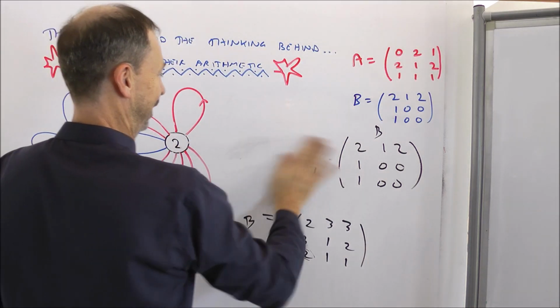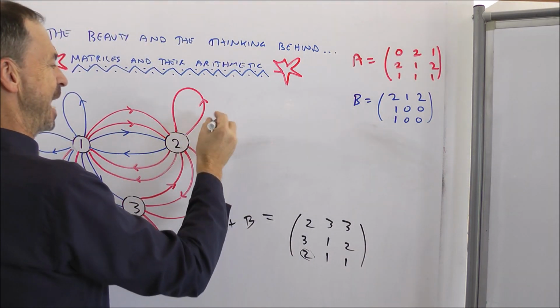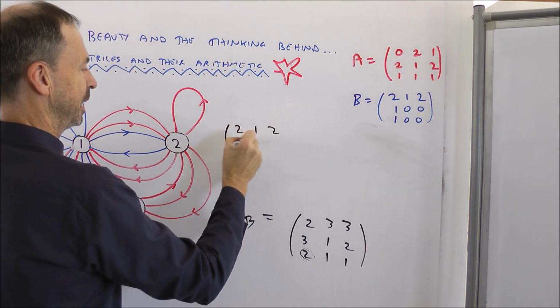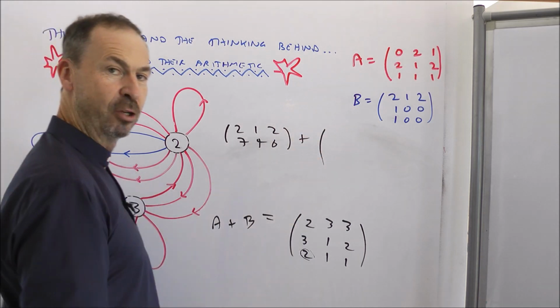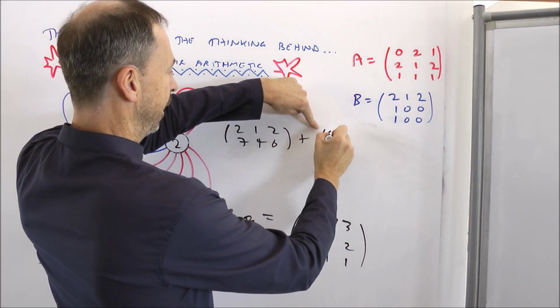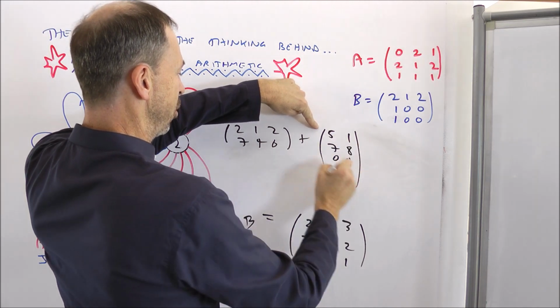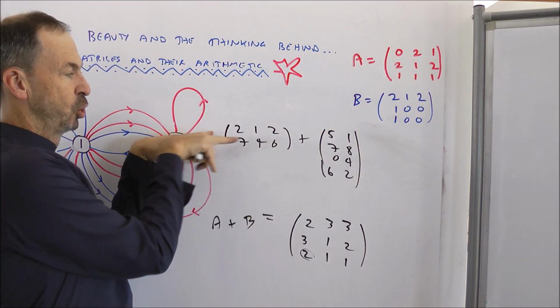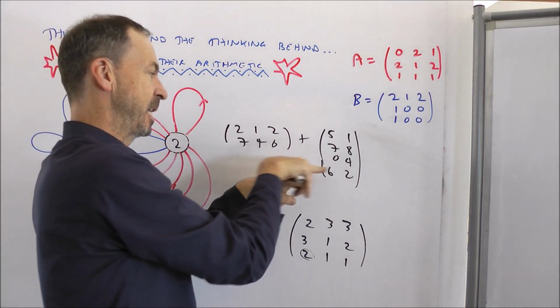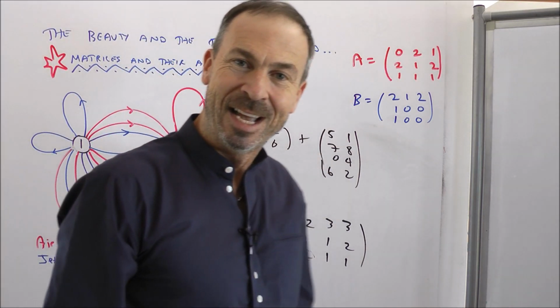For example, suppose I try to add this matrix, 2, 1, 2, 7, 4, 6, and this matrix, which has 4 rows, 5, 1, 7, 8, 0, 4, 6, 2, and only 2 columns. So this is a 2 by 3 matrix and a 4 by 2 matrix, and if I try to add